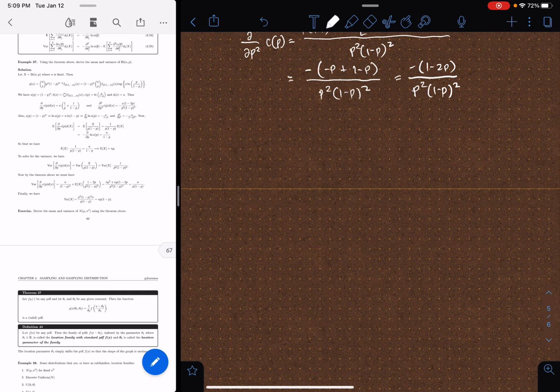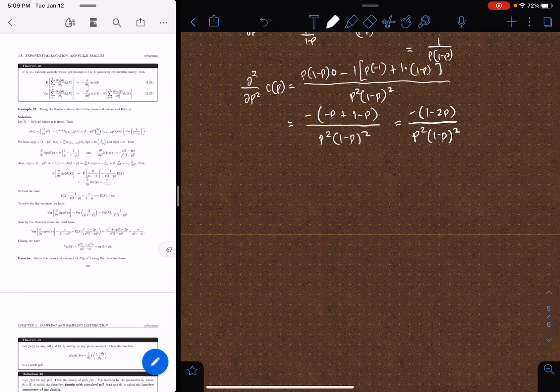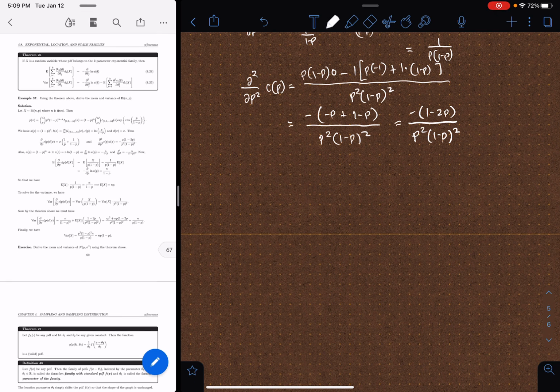Okay, so ano nang next? Ayan. Negative yung ln of A of theta, nakuha na natin yung ano nun, second derivative. Kaya yun, meron na tayong n over 1 minus P squared plus